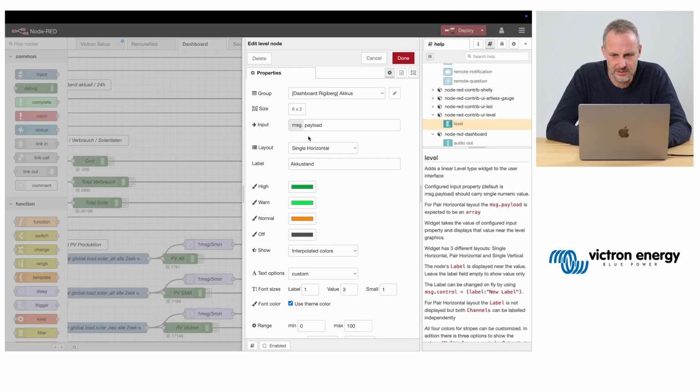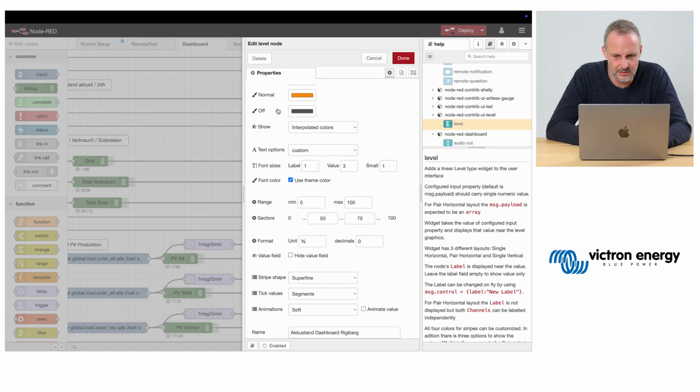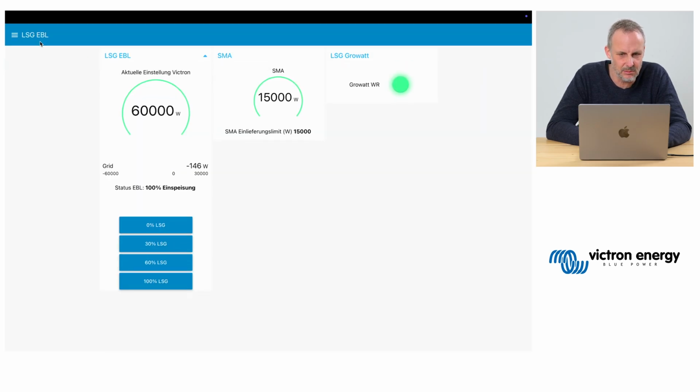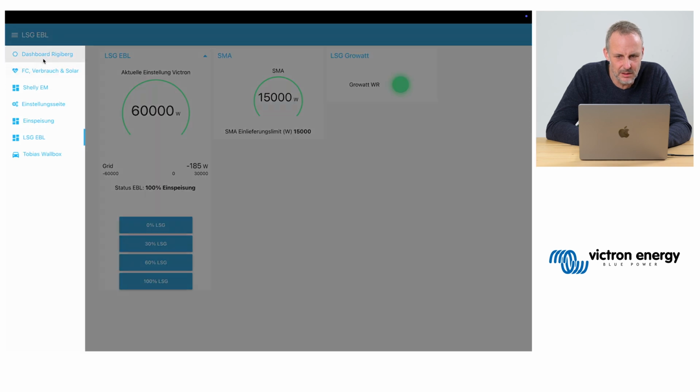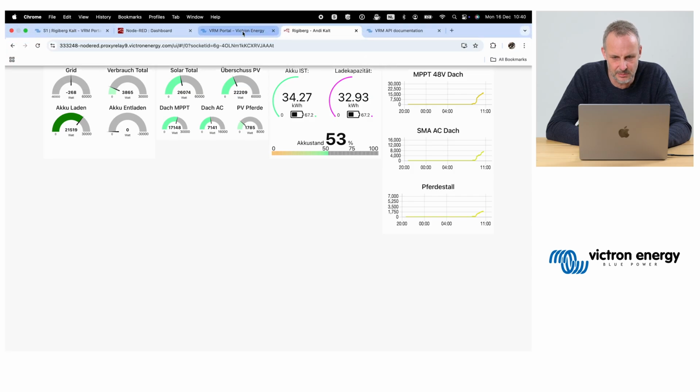Like we saw this long horizontal graph, how do you call it? I think it was on this side, this part, the charging, the state of charge of the battery.